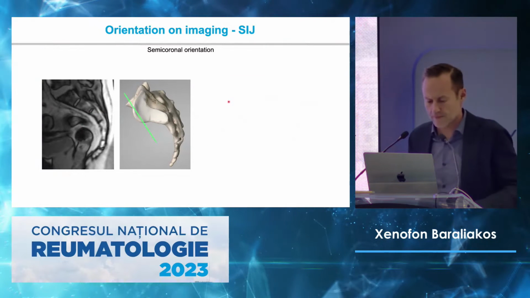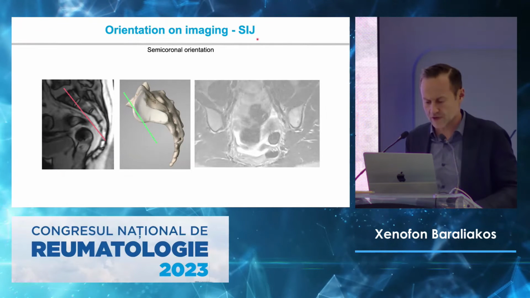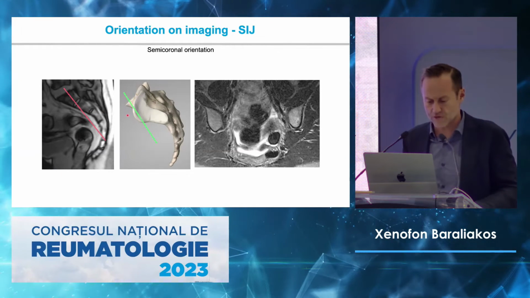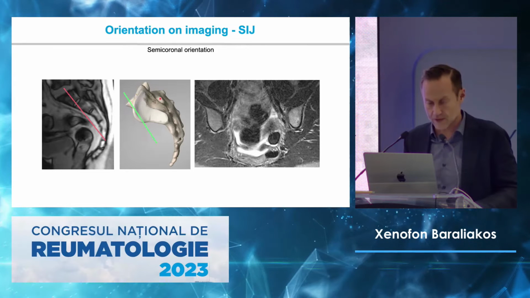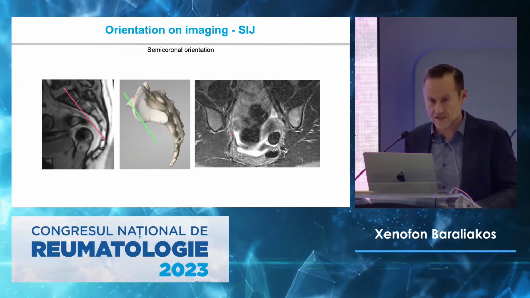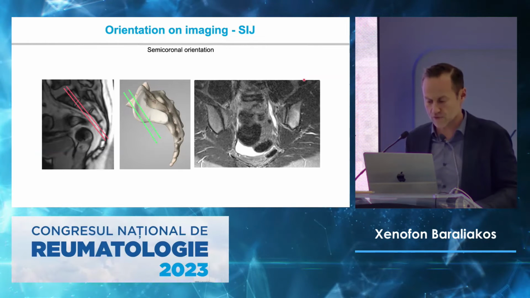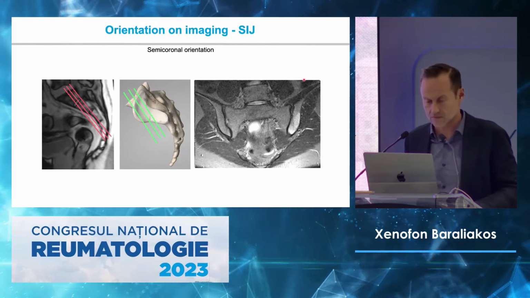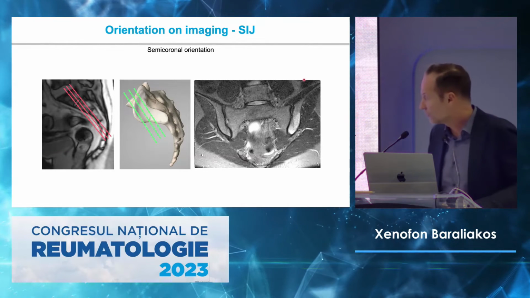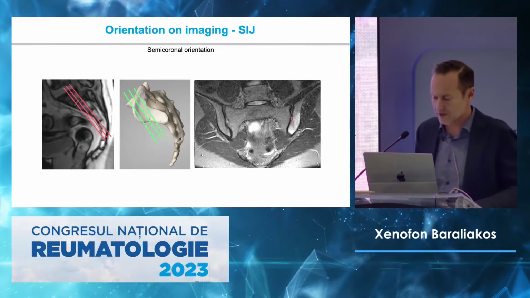So again, that's how it looks on the MRI of the sacroiliac joint. We cut it from the front to the back, and we're looking into the image like this. So we are slicing and going through the slices like this. This is typical edema, there where